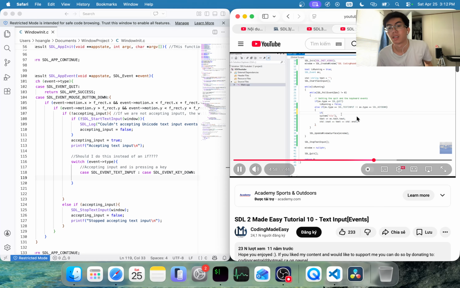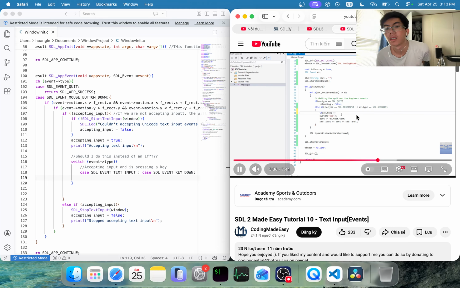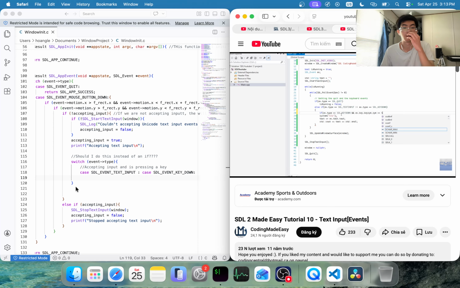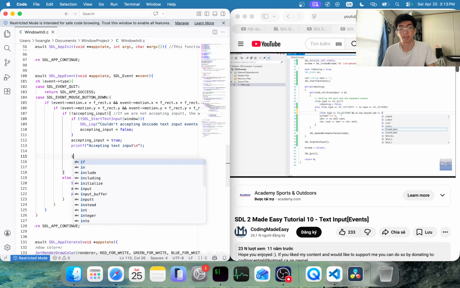First of all, before we even check the key that we pressed, we're checking for two different events right now. So we want to make sure that we're actually getting the right event. So we're gonna say if the event type is SDL key down, and the key we're getting is equal to... no, let's use if. Yeah, let's use if. It's way easier to understand. If event type